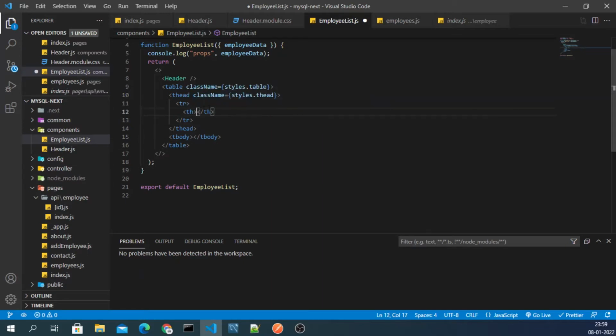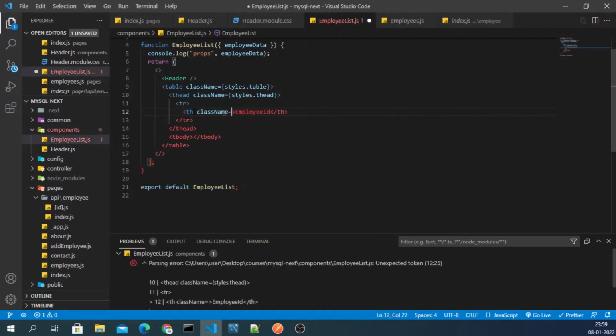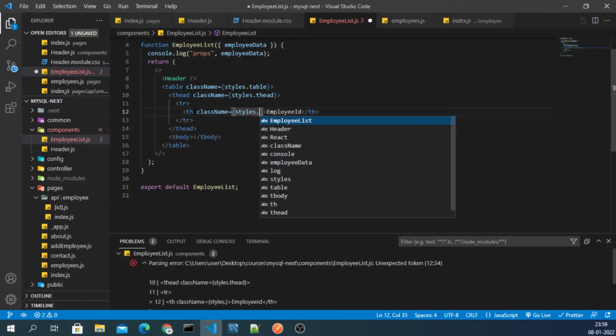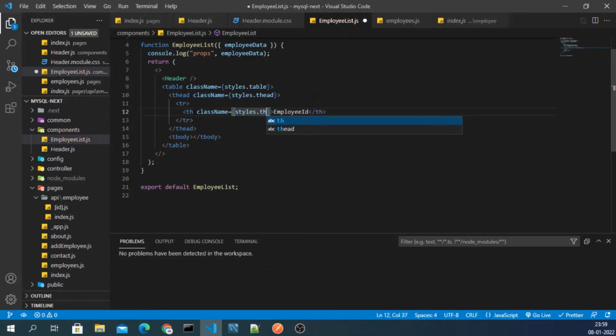Here I will first give employee ID, and further I'll simply copy this thing again. Let me also give a class name to this; the class name will be styles.th. Although, guys, I'm not following any naming convention in CSS, because as you can see I'm just giving random names. But if you're working on production, on any application, you should take care of this.